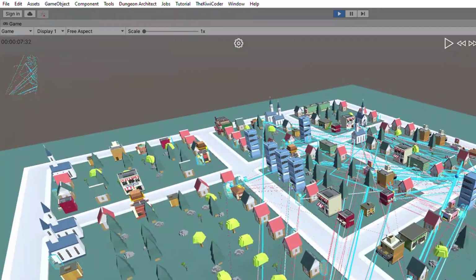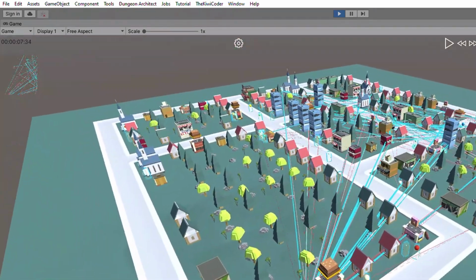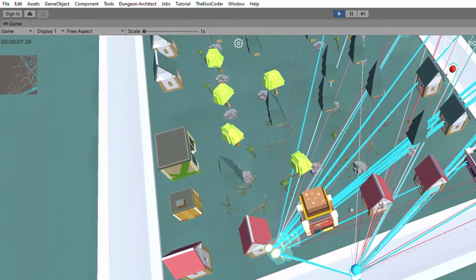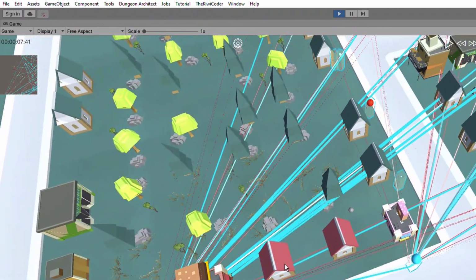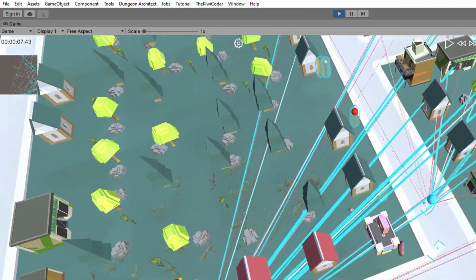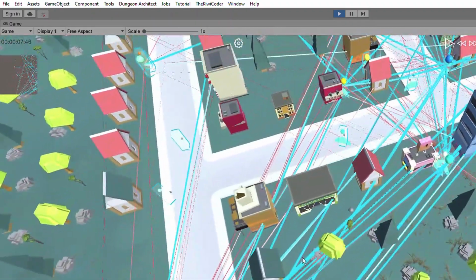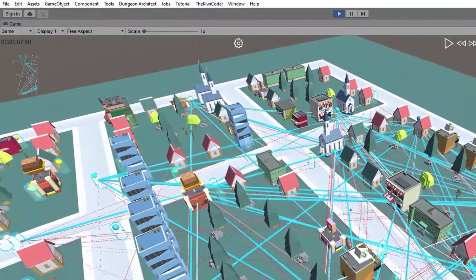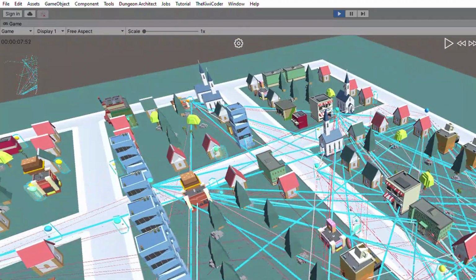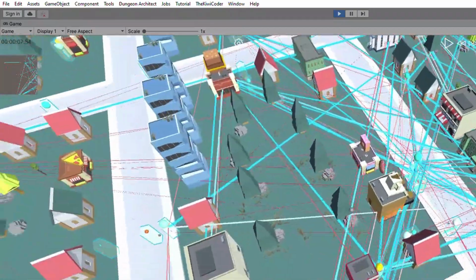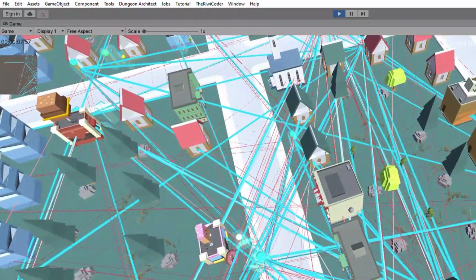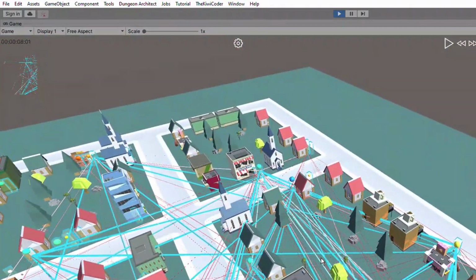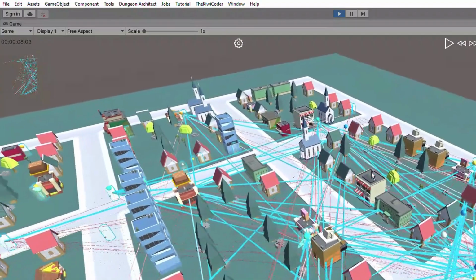The relationships are depicted on the screen in the form of lines. Strong blue lines are healthy, strong, positive relationships, whereas thin red lines are weakly negative relationships. These interactions do impact each NPC's mood, their emotional state, their PAD values. Those are represented as spheres, where a large blue sphere is someone who's very happy, and a very small red sphere is someone who's sad.